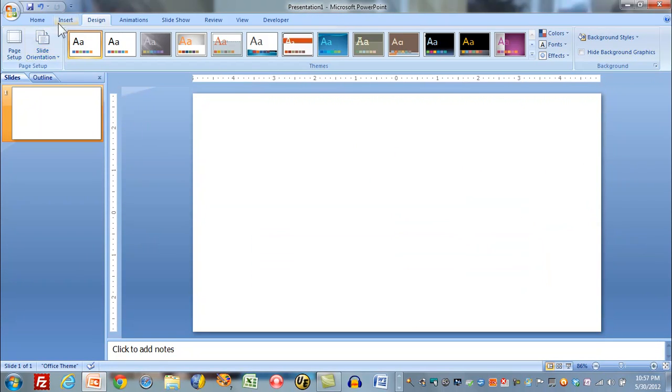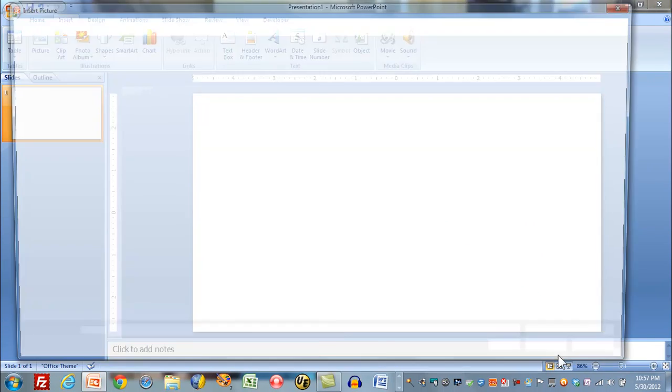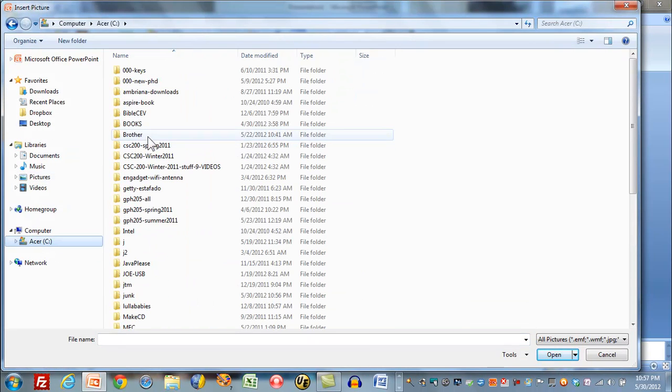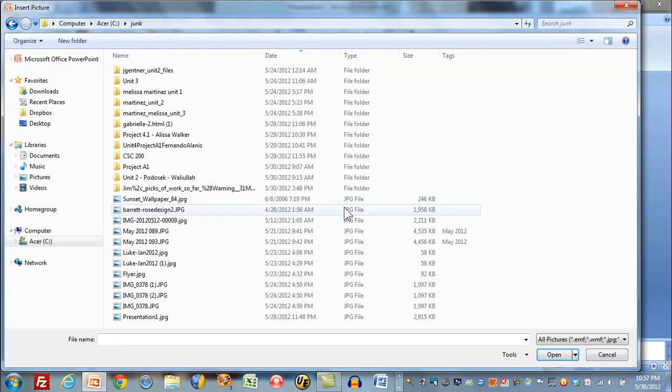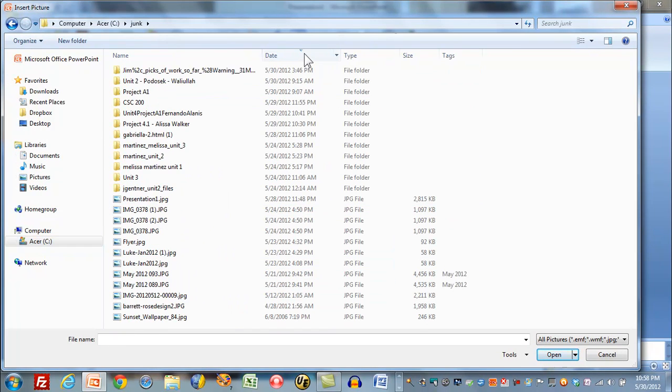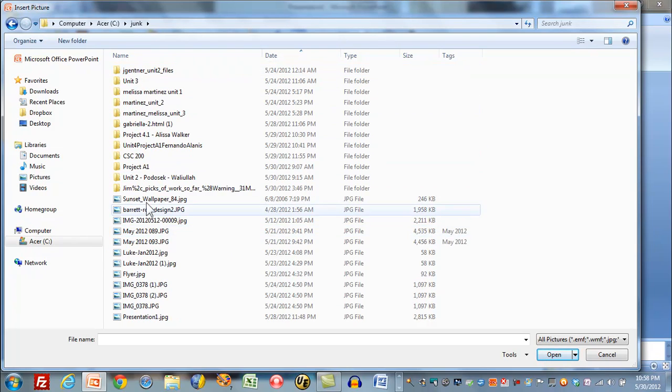Let's insert this picture that I just got from the web, and it's in this folder. Here's another handy thing. If you click on the date, files will sort with the folders at the top and then in descending order of these dates. Now it happens here that this date happens to be rather old. I was expecting it to be today's date, but it's a way of sometimes raising files, either the oldest or the newest, to some position in this list where it's easy to get to. I'm going to do this and insert this picture